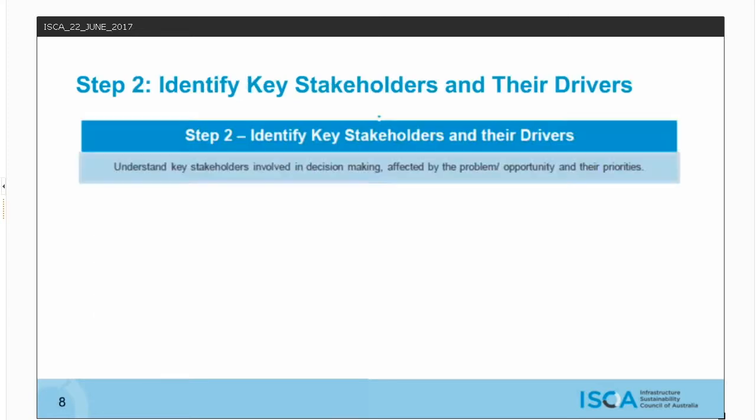So we've covered step 1, defining the problem or opportunity, and now we're on to step 2, identifying key stakeholders and their drivers. Why is this an important step? Early identification of stakeholders who can influence or potentially be impacted by a proposed sustainability initiative is essential to gain their support to address potential show-stopping issues, take on board previously unconsidered ideas or approaches, and ultimately develop a robust